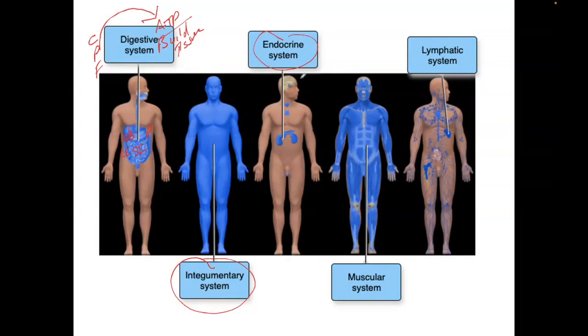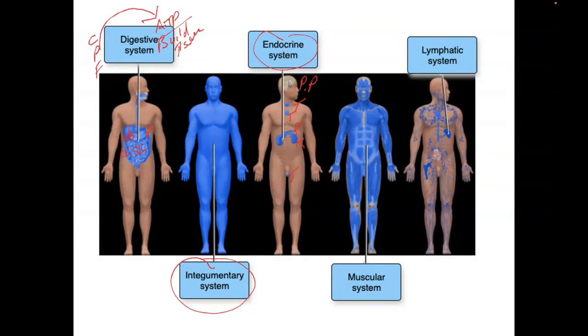So in the brain, we have the pituitary gland, we have the pineal gland, in the throat, we have the thyroid gland, in the chest, the thymus gland. We have the pancreas, we have the kidneys, testes or ovaries in females. All of these organs have secreting cells that will produce or secrete and release a chemical messenger known as